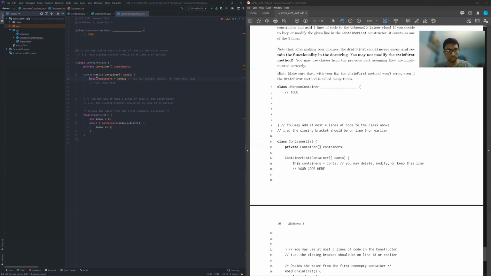So this old way of doing it is wrong, so I'm just going to delete it. I forgot, I should not have deleted that. So let's go ahead and start putting our code in place. Well, we want to add an extra unknown container at the end. So I'm actually going to go ahead and implement unknown container first. You could do it the other way, actually, but it doesn't really matter at this point.